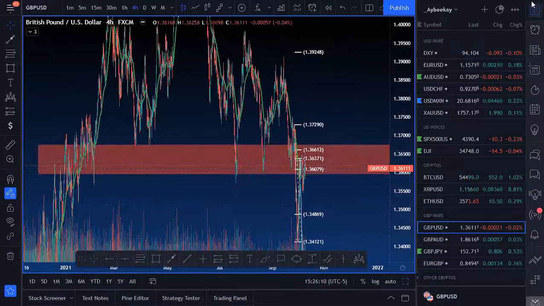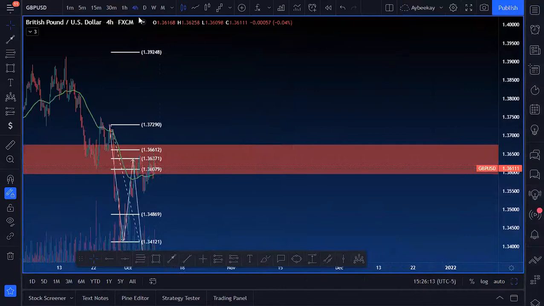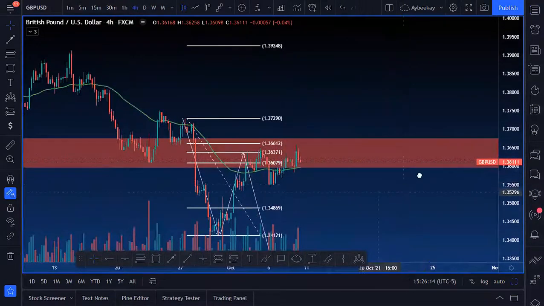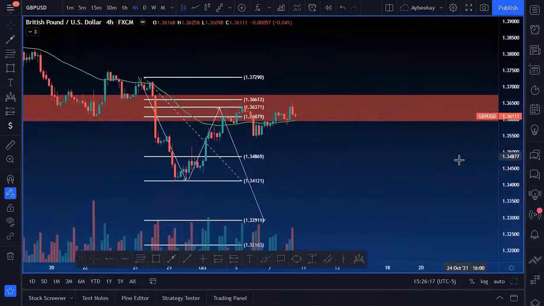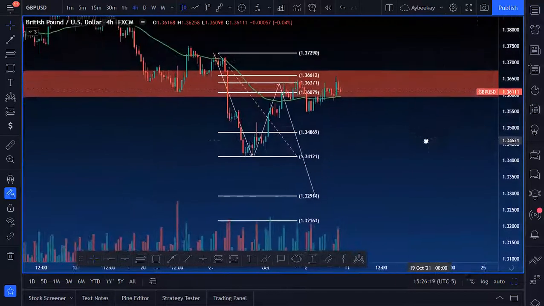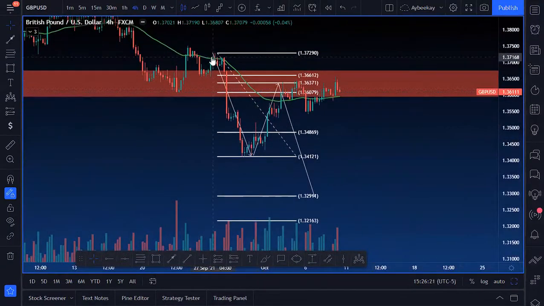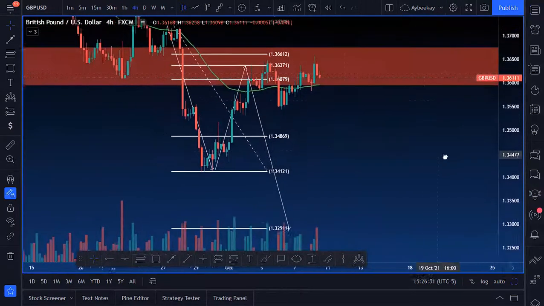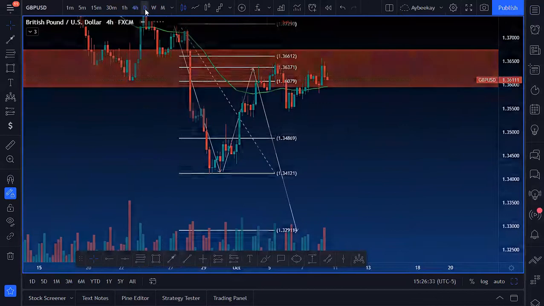Let's go on over to GBP USD. All right, so same thing. It's literally at this point the same thing as what I was talking about last week for GU. Just wanted to see the breakout to the downside, the retest. Price has been consolidating at this area. I want this to continue falling to the downside. There's really no change in how I feel about this market right now.